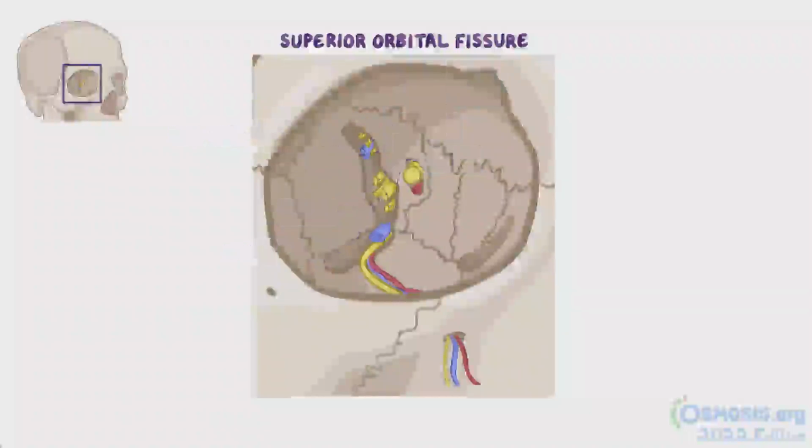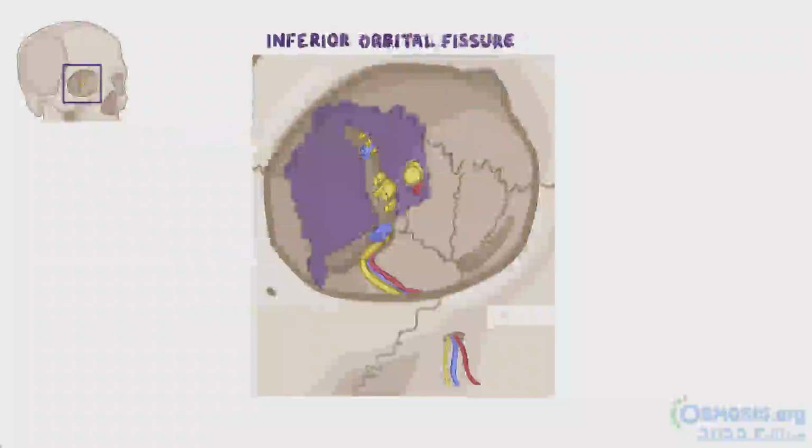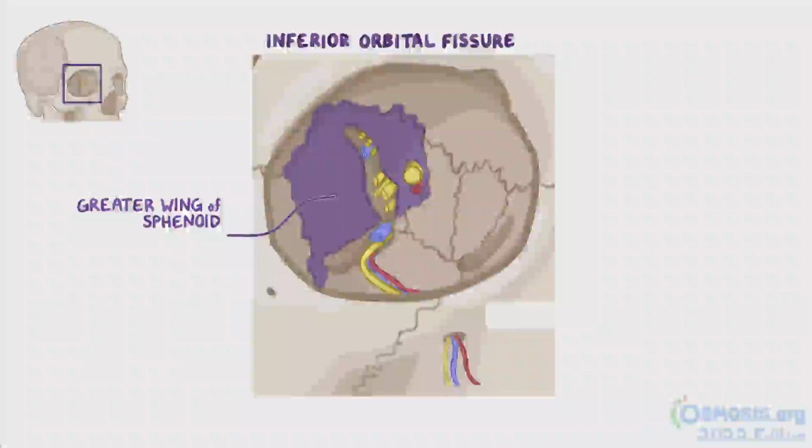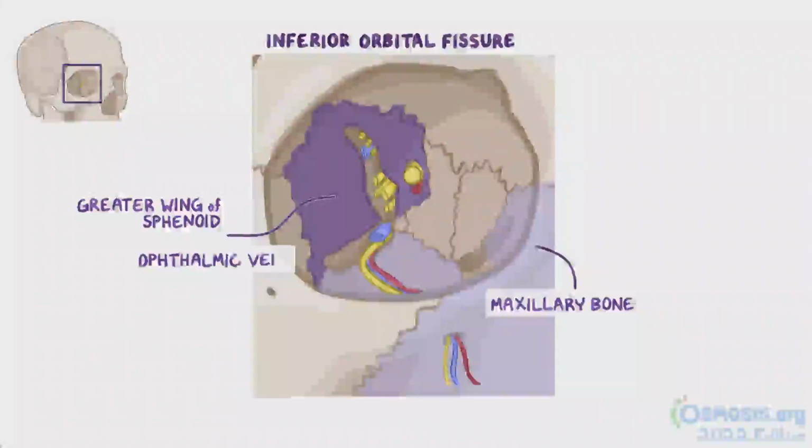Now, if there's a superior, there's also an inferior orbital fissure, which is formed by the greater wing of the sphenoid superolaterally and the maxillary bone inferomedially. Luckily, fewer structures pass through the inferior fissure. These are the divisions of the inferior ophthalmic vein, the second division of the trigeminal nerve, called the maxillary nerve,